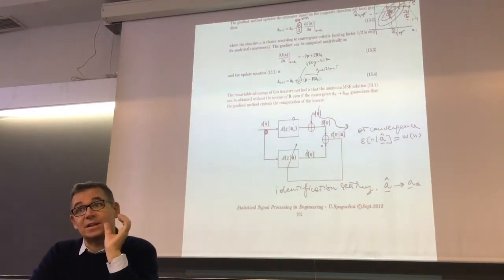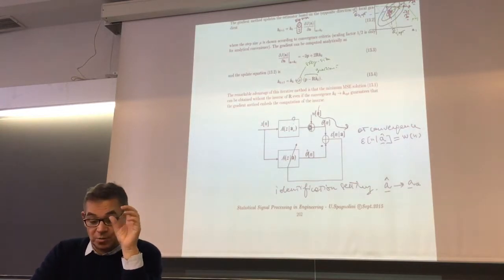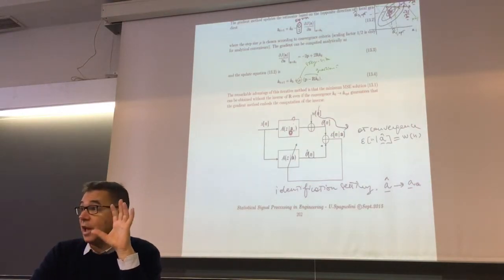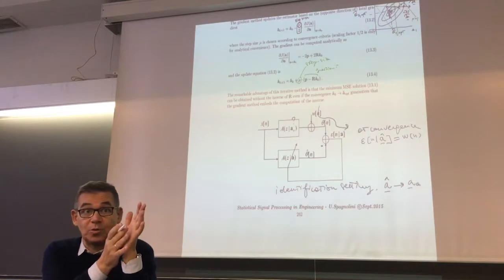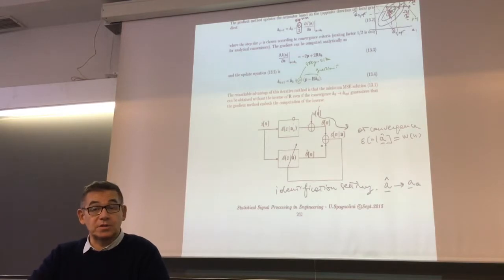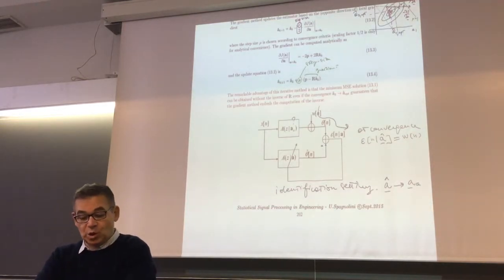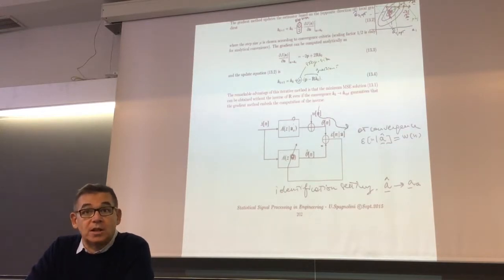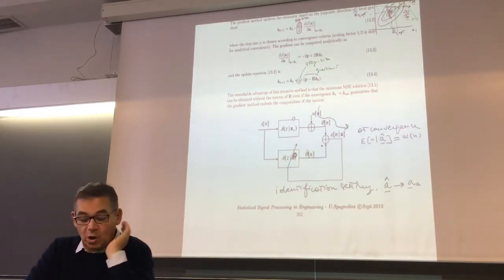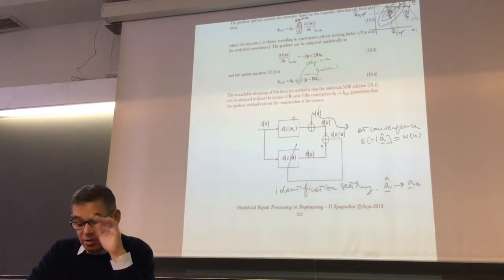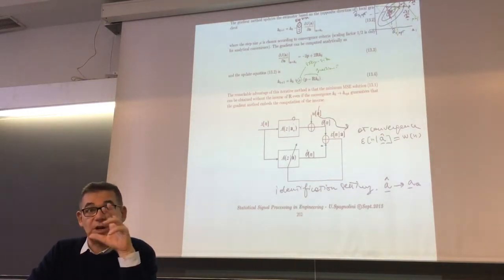We assume that xn is a stationary process. We assume that w is stationary. We assume that A0 is constant. So we are looking at the adaptive system from a point of view where everything is frozen, at least in terms of non-stationarity. So it's a stationary phenomenon. My goal is to identify A, so that asymptotically, after many iterations, the estimate coincides with A0 up to the noise effect. That's the goal.